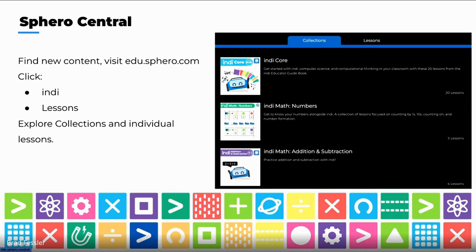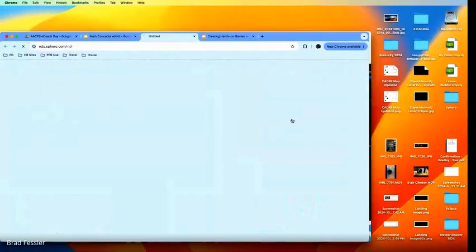Not every lesson will be in a collection. Currently, they are all in different collections. However, as we add more and more content, maybe there's a one-off kind of lesson that doesn't fit into one of the collections. So it'll just be under the lessons tab. So let's take a look at